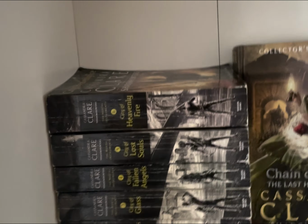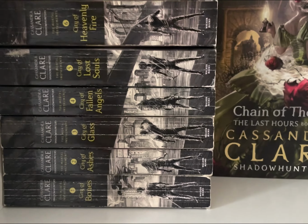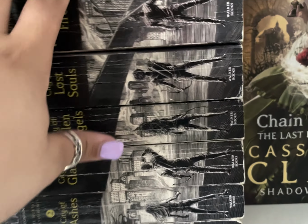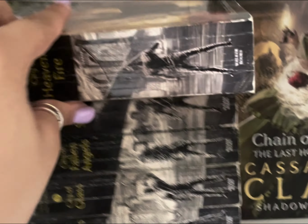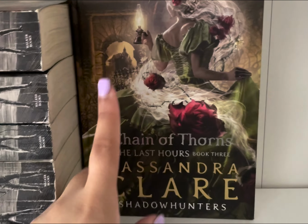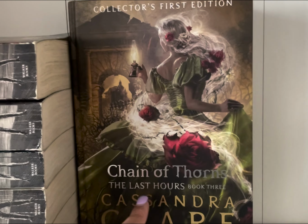And then we've got a continuing of the Shadowhunter series, which is the paperback version of the City of Bones series, but just in paperback. And this is my annotated version. This is the version that I first ever read. Obviously, it's been through some wear and tear. And then we've got the City of Thorns. If you saw my last video that I put out,